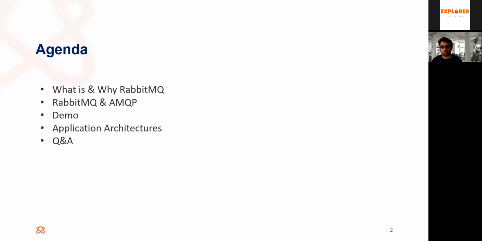So we will go into those parts during the second section. After the second section, I will share with you a demo. There are two demonstrations. One is simple coding, like how to create a queue and how to connect to RabbitMQ. And there will be another demonstration with a small application, a small face detection application.